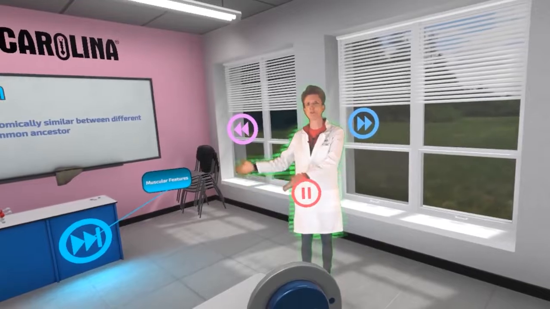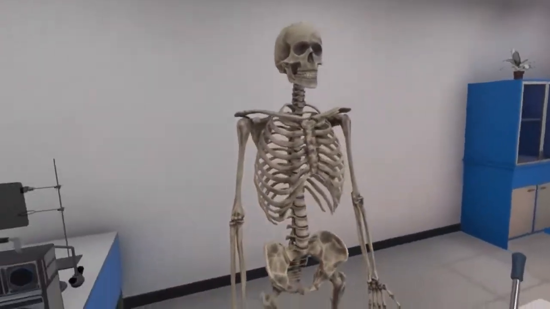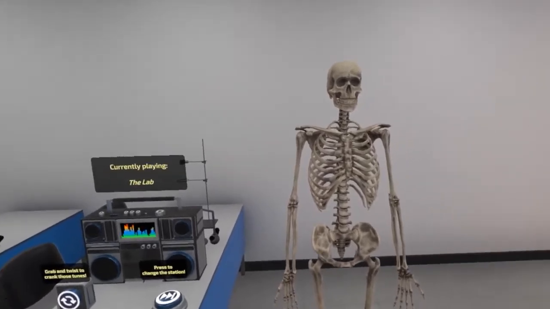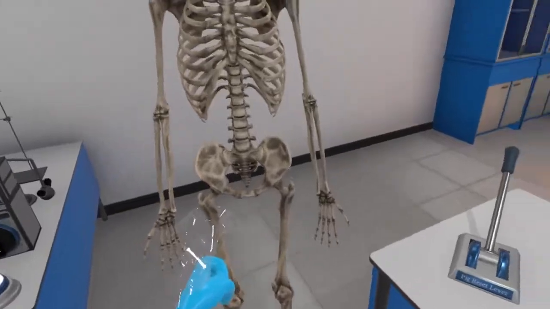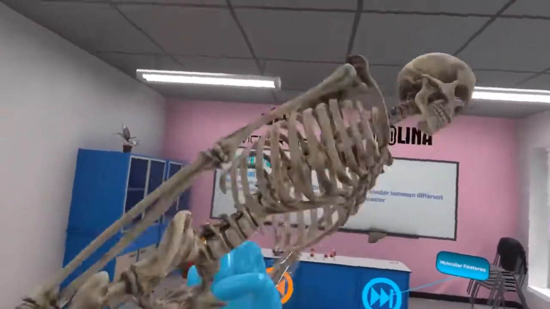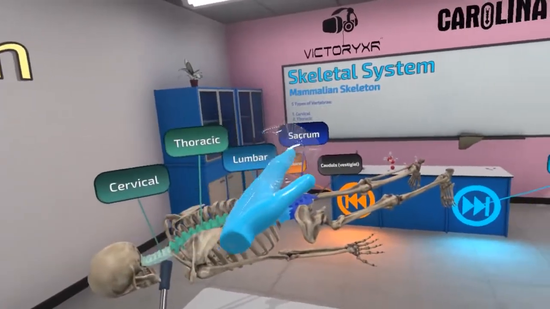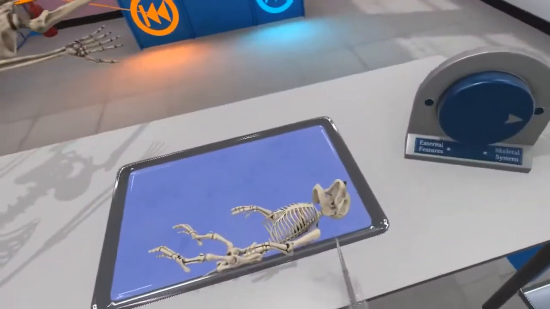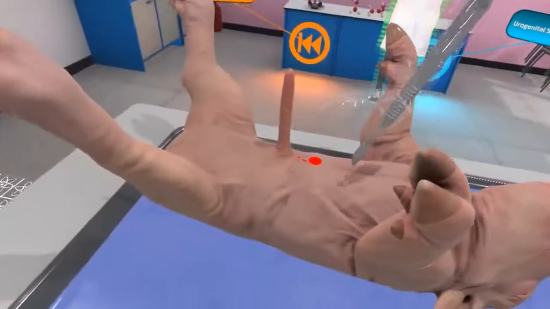Let me introduce my friend Stan the skeleton. During your examination of the pig's skeleton, check out the homologous bones on Stan to see how we compare. They will highlight along with the pig's bones, the cervical, thoracic, lumbar, sacral, and caudal vertebrae. They do, however, have more vertebrae than